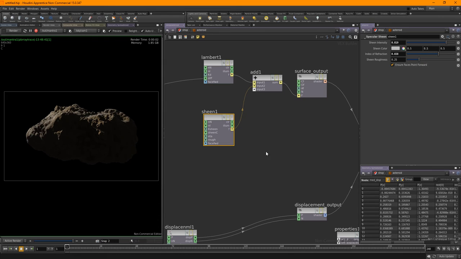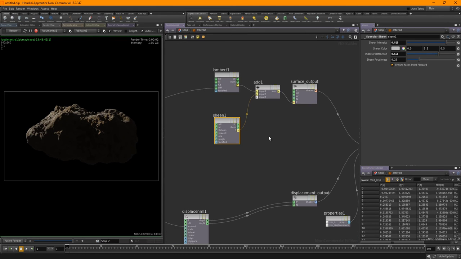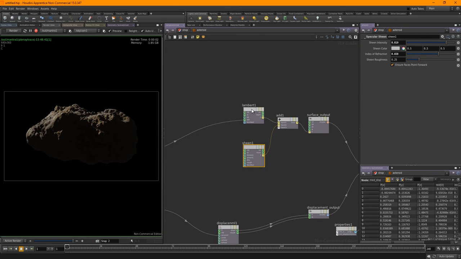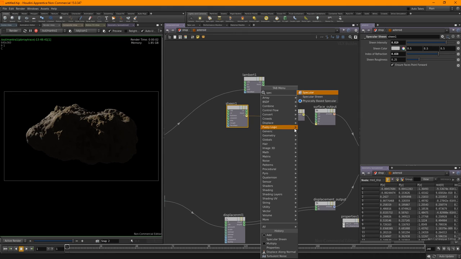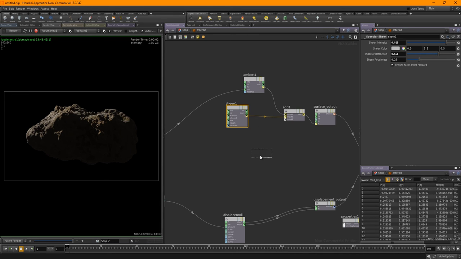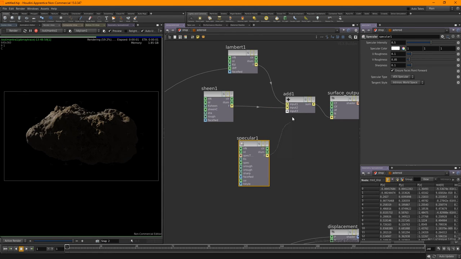That's looking all right to me. So that's okay. That's fine. It's a bit more interesting. And let's go with specular as well, because we need some everyday specularity in there. We'll pop that in there. It's going to get a bit bright. It's going to get a bit icky. So let's bring the intensity down, because obviously it's a rock in space. So we're not talking metallic stuff here.